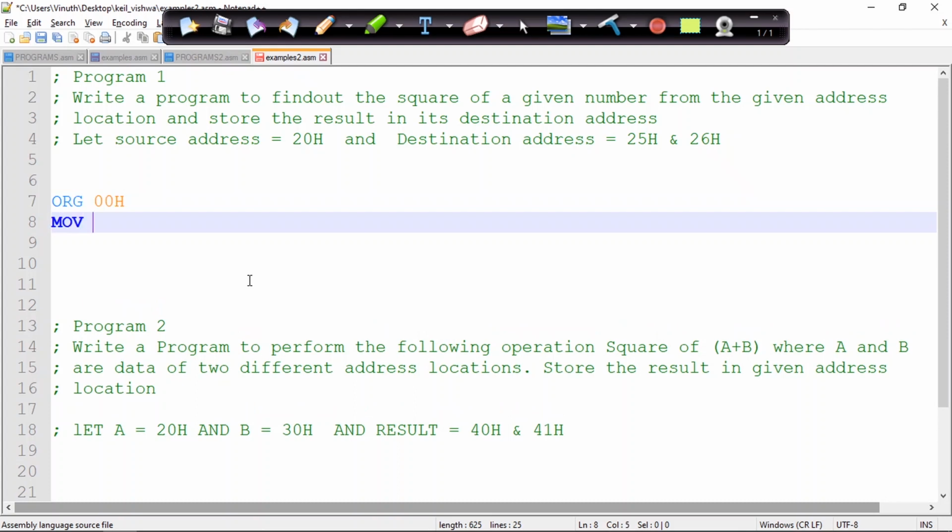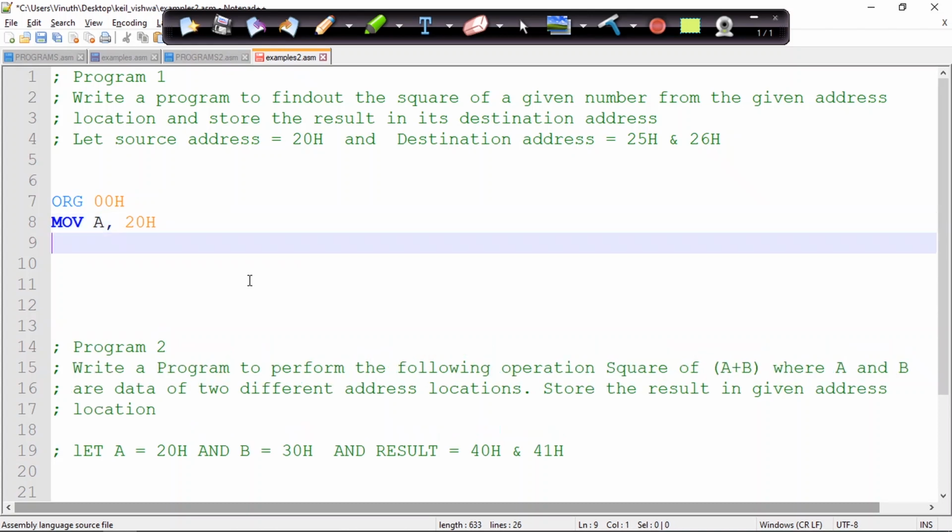So I'll write MOV A, 20 hexa. Now the contents of 20 hexa have come to register A, and since our multiplication instruction is MUL AB, I need to take a copy of this in register B. So I have written MOV B, A.